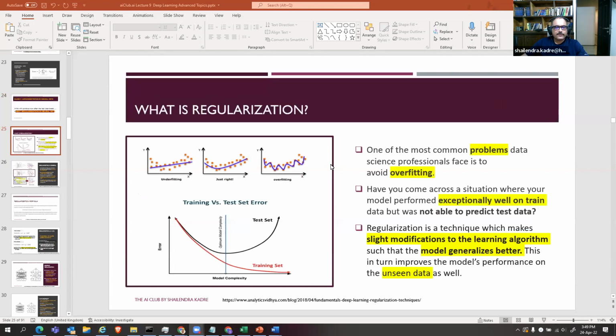And see, first a refresher on overfitting, a refresher I think from machine learning lessons. I'm giving you one refresher. So just have a look at the